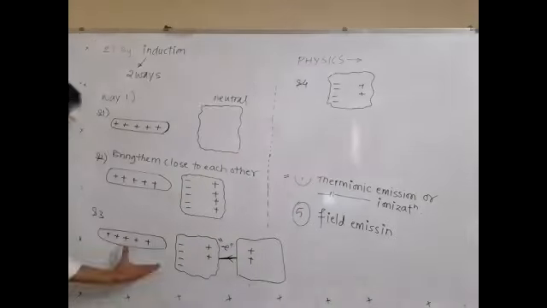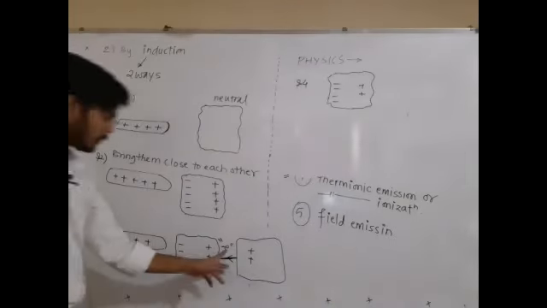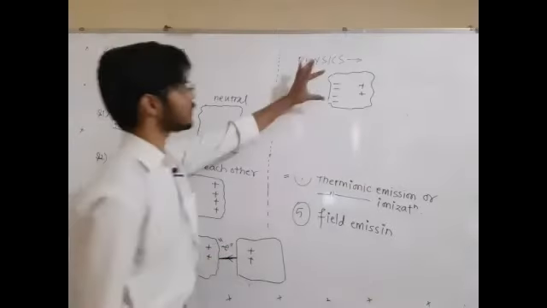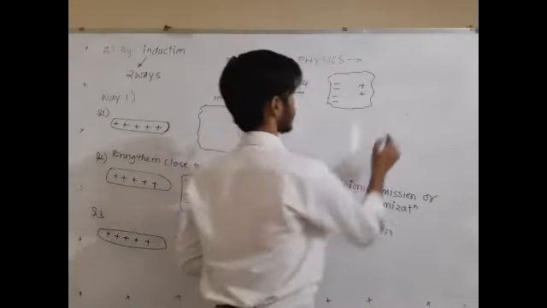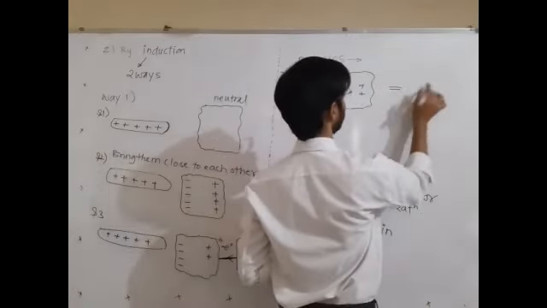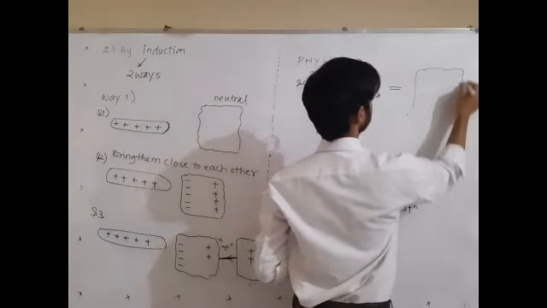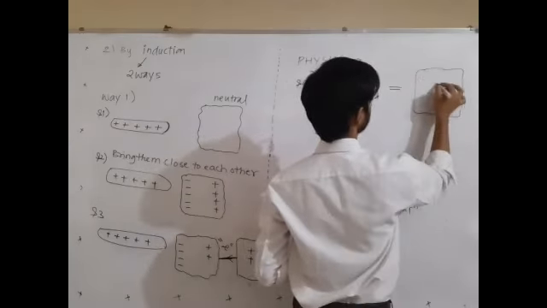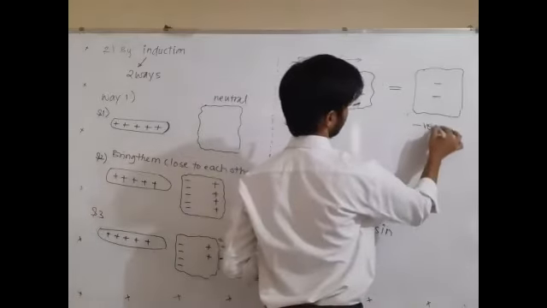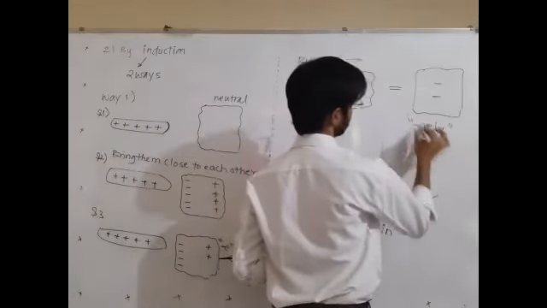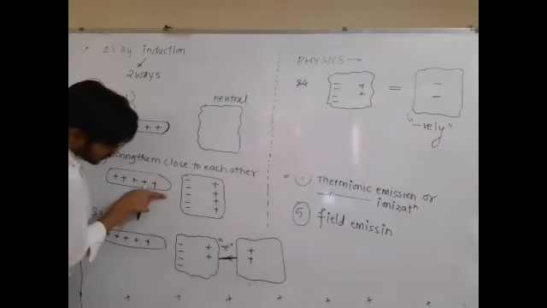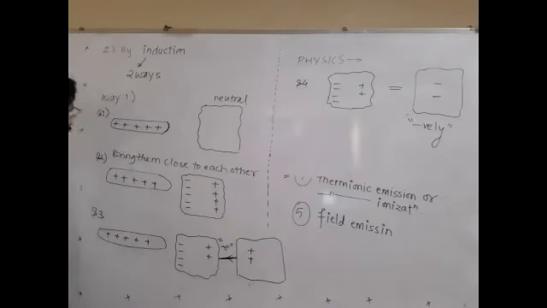Okay. Now this has been taken away. This conductor has been cut. Now you can observe the total negative charge is more than the total positive charge. So this is equivalent to a negatively charged body. A negatively charged body. So in this way, you can transfer the charge by induction. This process is called the induction process.